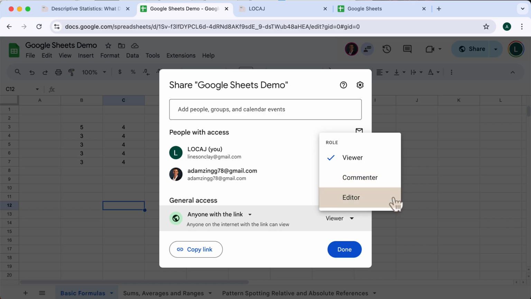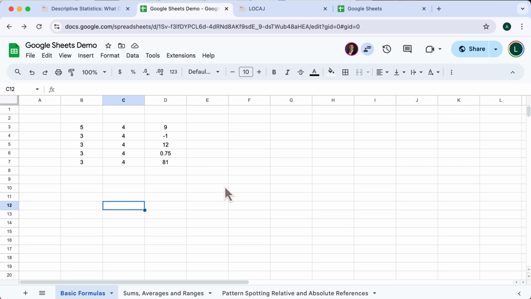They can go in, if you give somebody a link, with an editor link, that means they can go and change the file. So, that can be really great, but maybe not what you want to do, just depending on context. Now, let's say somebody has sent you, we have sent you a Google Sheets link and